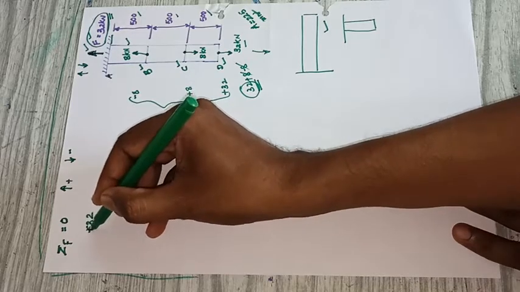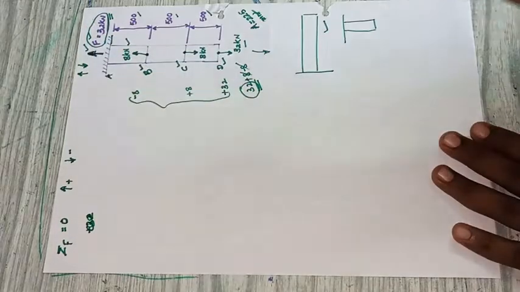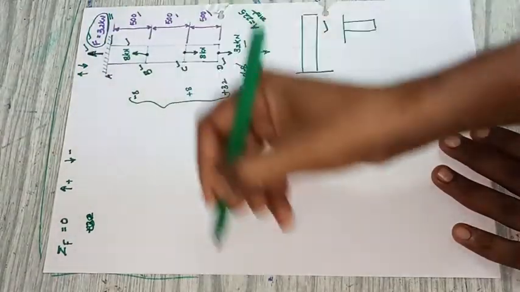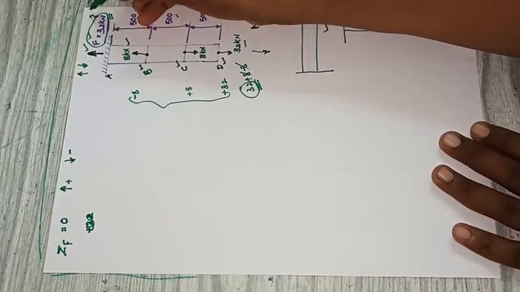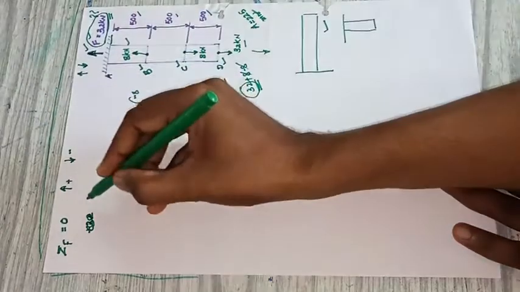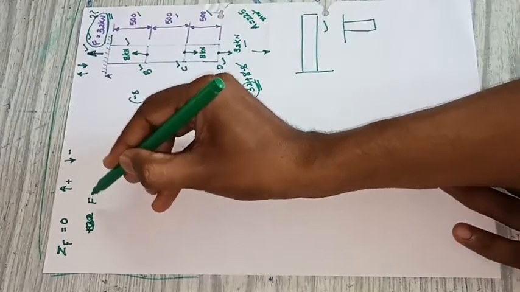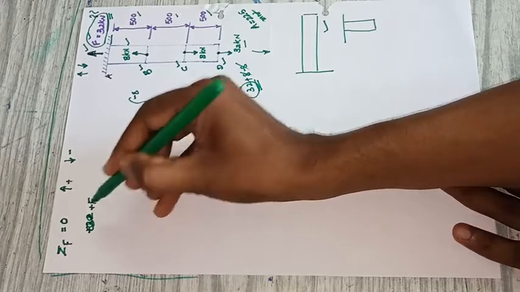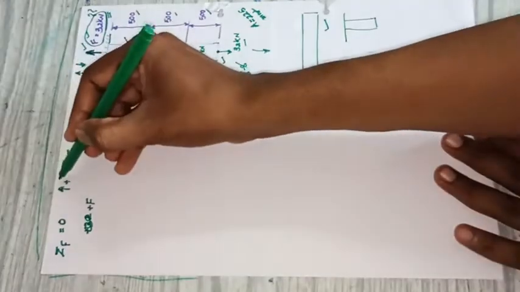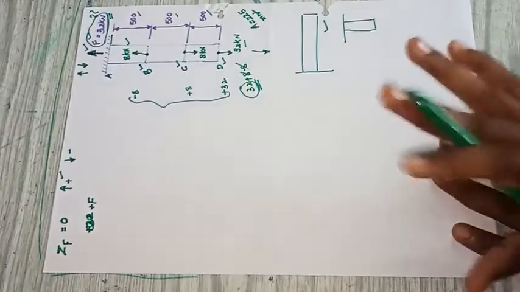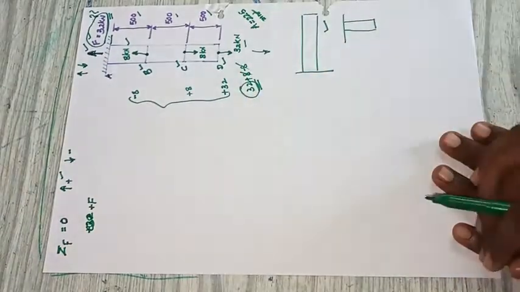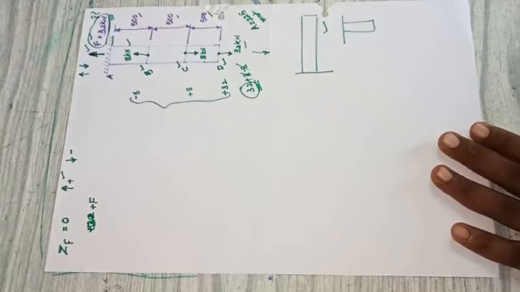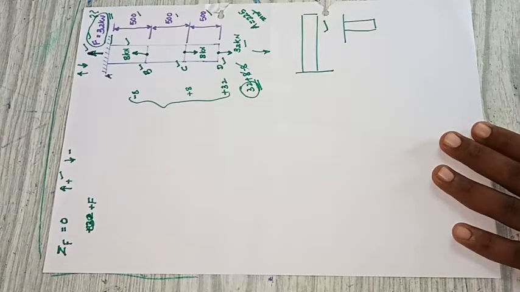Sorry, it is not like that. We don't know the magnitude of the force. First we want to find out how I got this magnitude. I will write it here as F. I know the direction, so I will place it as plus because I have taken upward as positive. F is right now unknown. I already calculated it, but while doing the calculation, I will show how I got the answer.